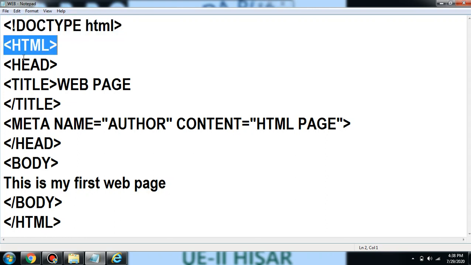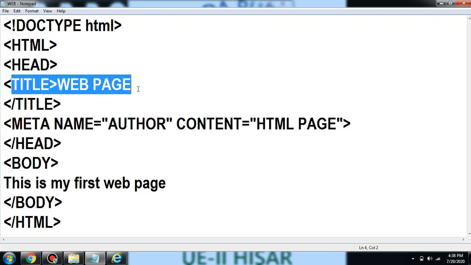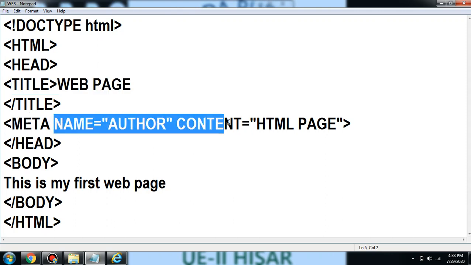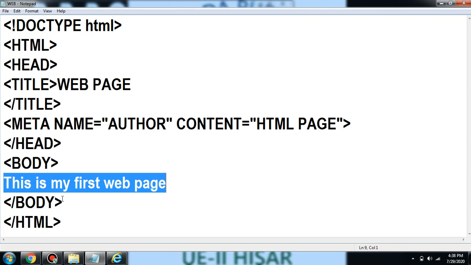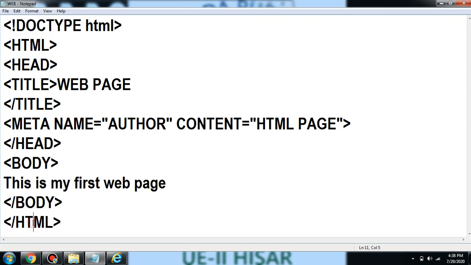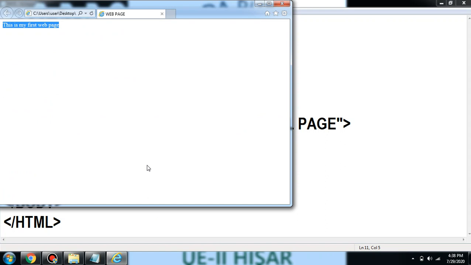The HTML tag is for creating the web page. The head tag will contain the title tag and meta tag. The title tag will contain the title of the web page. Then the meta tag will contain other further information, for example name, content. Then the body tag will contain the contents of the web page. Closing of the body tag, closing of the HTML tag, and the output is this.